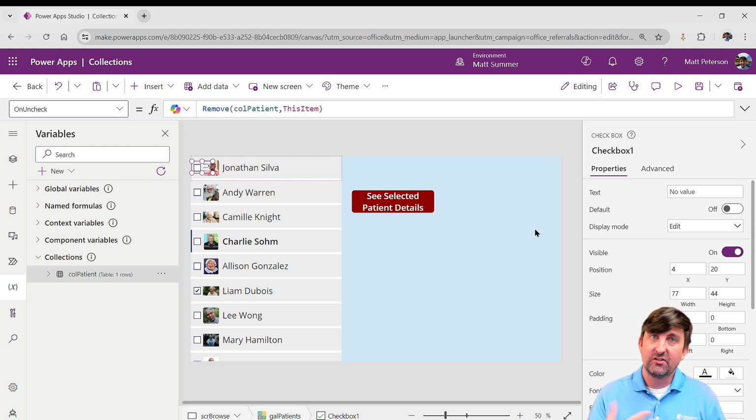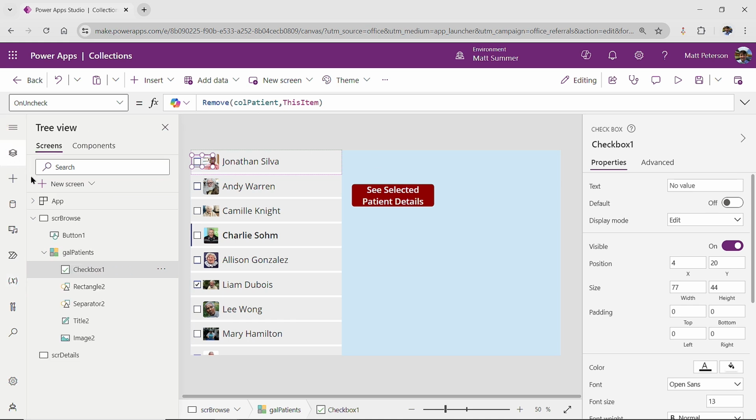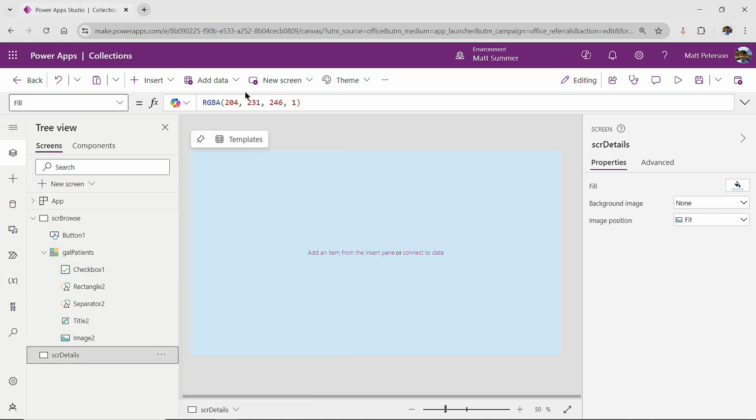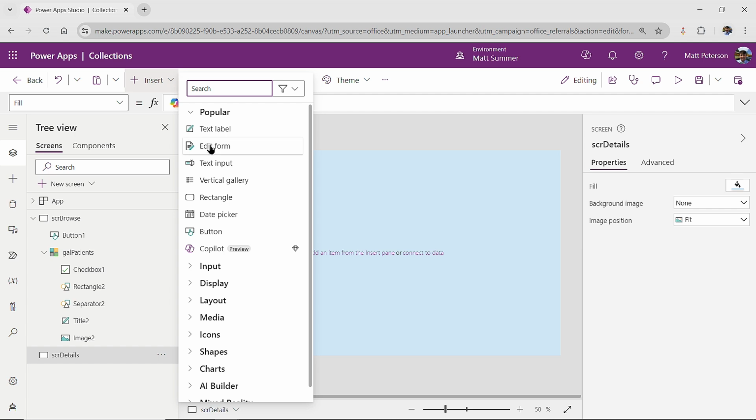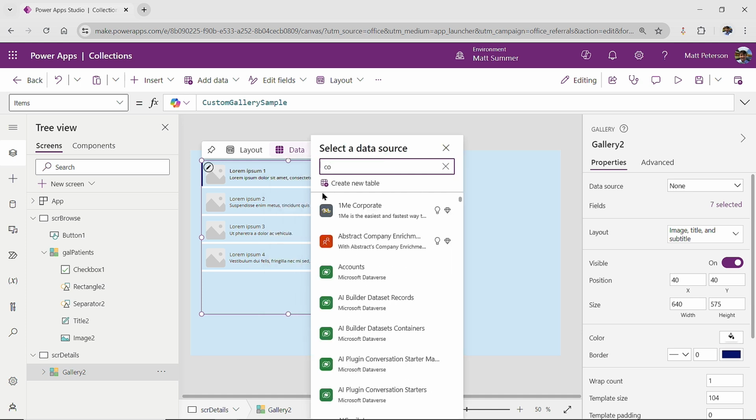So now what else do we need to kind of plan for in this scenario? Well, let's get to the next step where let's use the data that we've chosen here. So what I'm going to do is go to my next screen, and on this screen, I'm just going to put in a nice quick gallery. And then what I want to put in my gallery is my collection. So I'm going to search for my collection here,